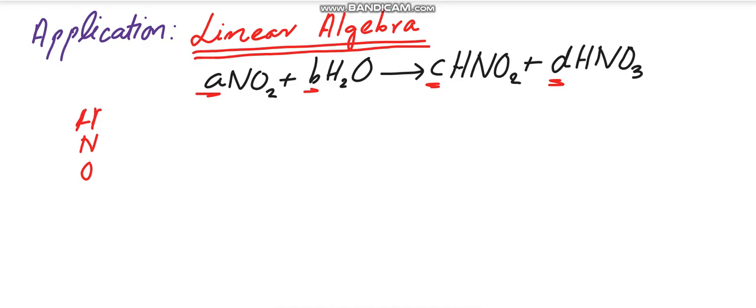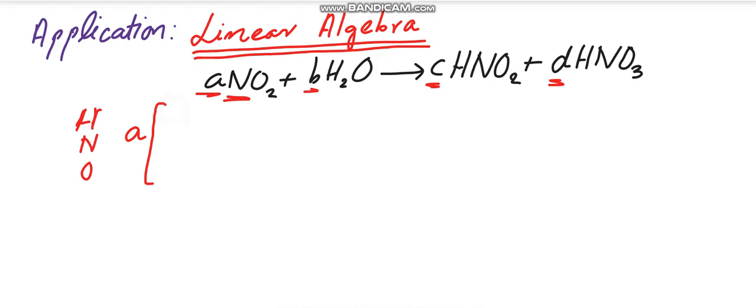Our first task is to determine the elements that are present in it. The next task is to write the A as it is, which is the unknown coefficient. And now I will write the value of each of these components on the product and the reactant side. So hydrogen in this first